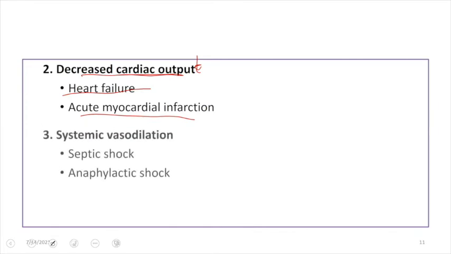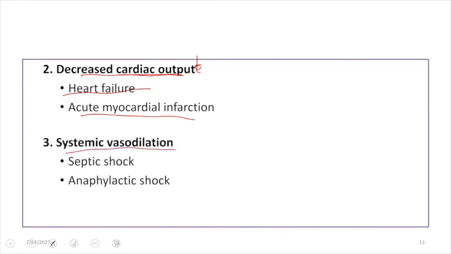Not just that, it can also be due to systemic vasodilatation, and systemic vasodilatation occurs in case of shock, and that shock can be septic shock or it can be due to anaphylactic shock. Because of the systemic vasodilatation, the amount of blood that is reaching the heart will be less, and there will be a decrease in the Frank-Starling forces. When the Frank-Starling forces are less, the amount of blood that is pumped by the heart, that is the stroke volume, will be decreased, and this will manifest with decreased blood flow to the kidney, eventually causing prerenal azotemia.